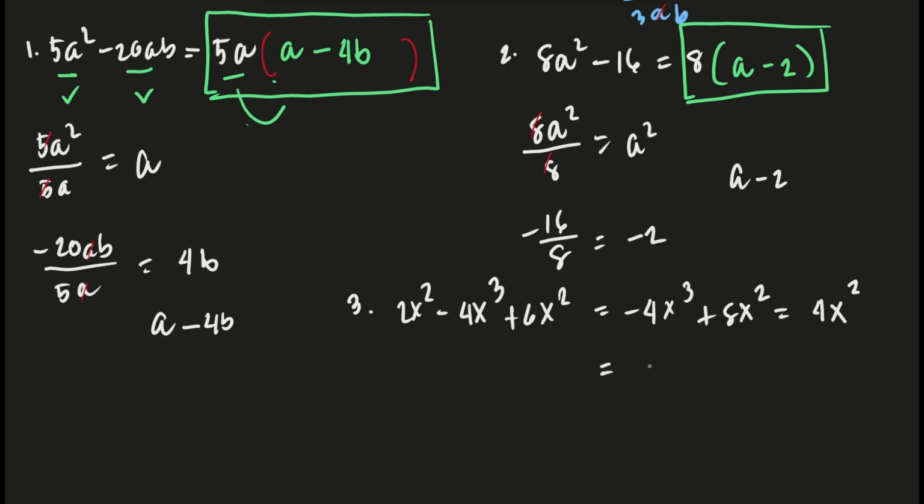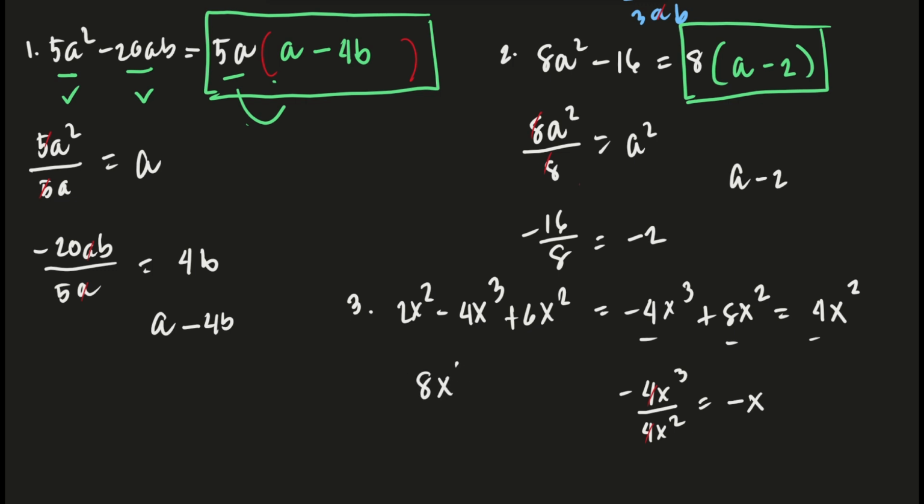Okay? We are going to divide each term by its GCF. So, negative 4x cubed divided by 4x squared, that would give you 4 cancel out 4, x cubed divided by x squared will give you x, and then we have to copy the negative sign. And then the second term, we have